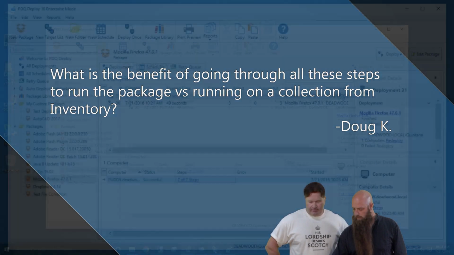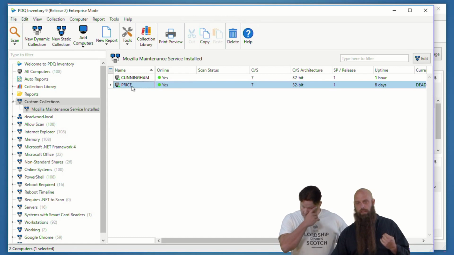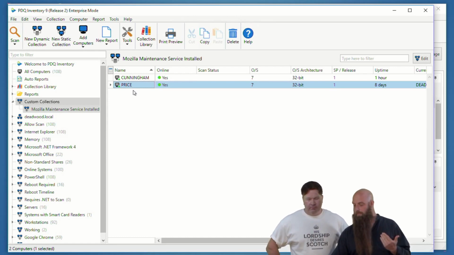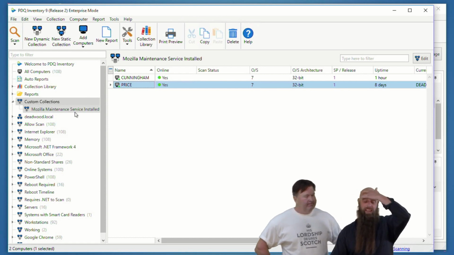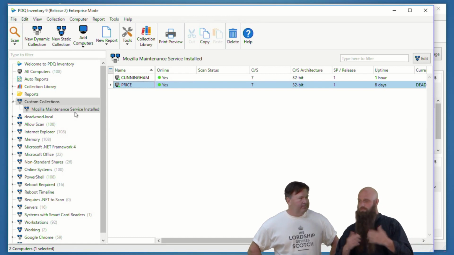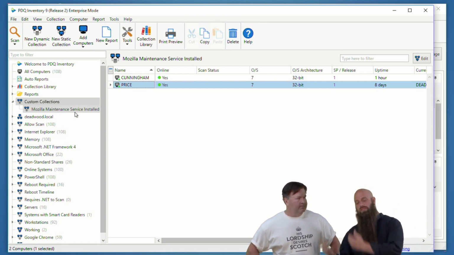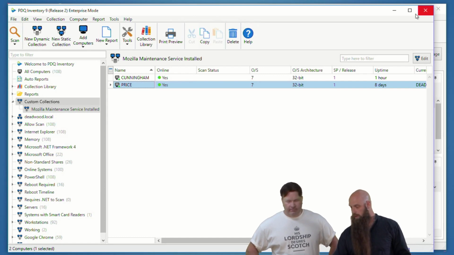Let me just come over here. You're deploying against the latest versions. So notice how PuTTY is gone now. PuTTY does not have the Mozilla maintenance service. As an example, I deploy this to PuTTY, even using deploy, saying push this out, or if I don't use deploy, whatever, it removed, in this case, the Mozilla maintenance service. So let's also run it against